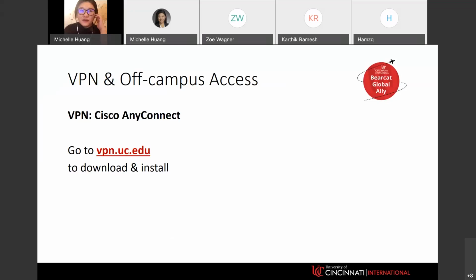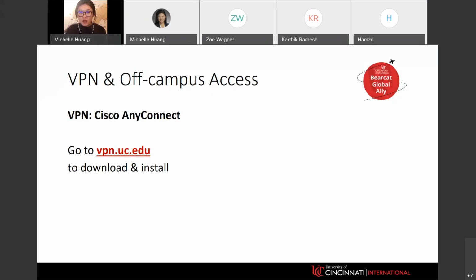You may ask, why do you need to download VPN and log into VPN when you are doing online studies? It is because when you are at an off-campus location, connecting to this VPN will allow you to access UC's private network and restricted services that are only intended for authorized users, such as UC libraries and databases, for example, research papers or other resources or materials that UC may have already